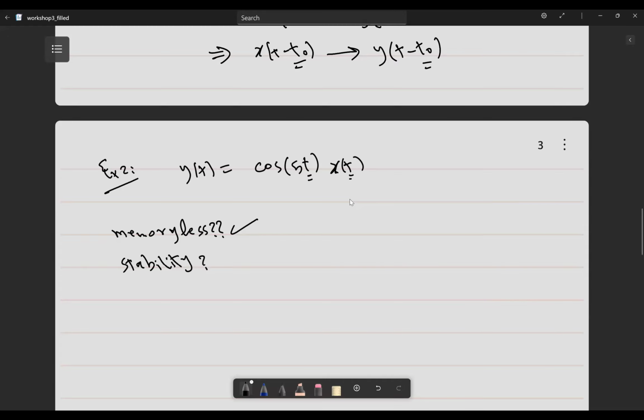Yeah, that's the causality, but the stability is about, as I said, a stable system doesn't explode. If you input something finite, the output should be something finite. Nothing grows infinitely till infinity. So to check if this is stable, as you said, we should first assume that the input is bounded or finite. So let xt be bounded by some m, and then we need to check if yt is bounded,